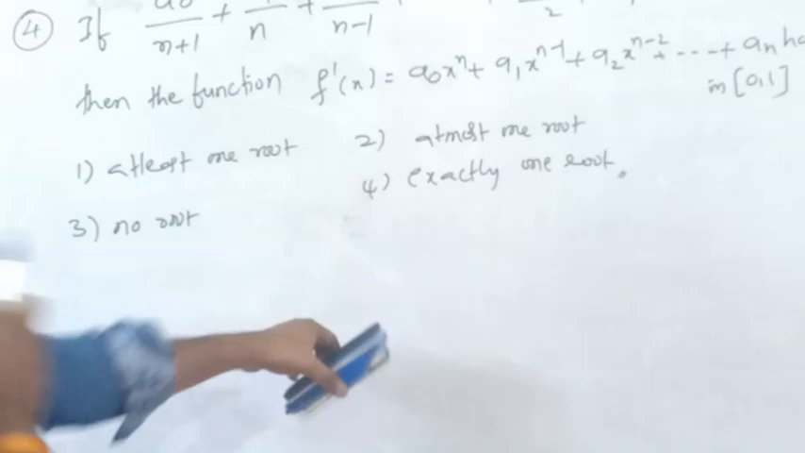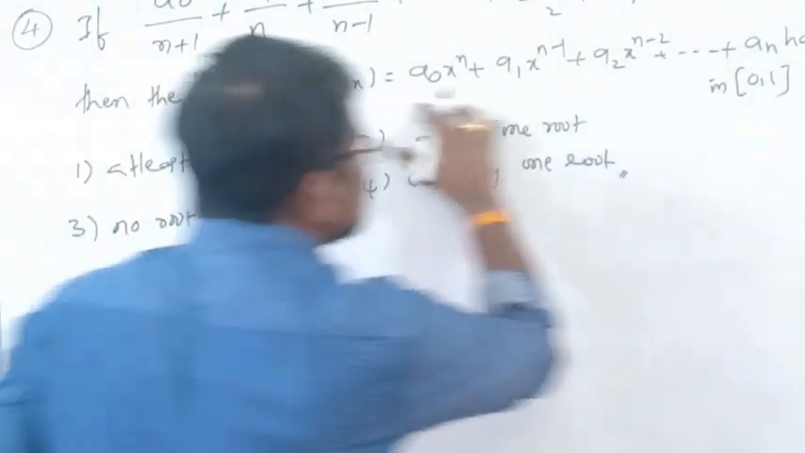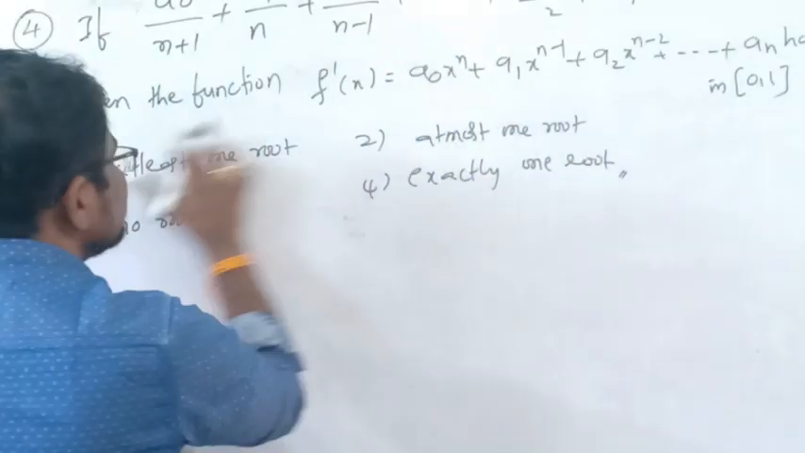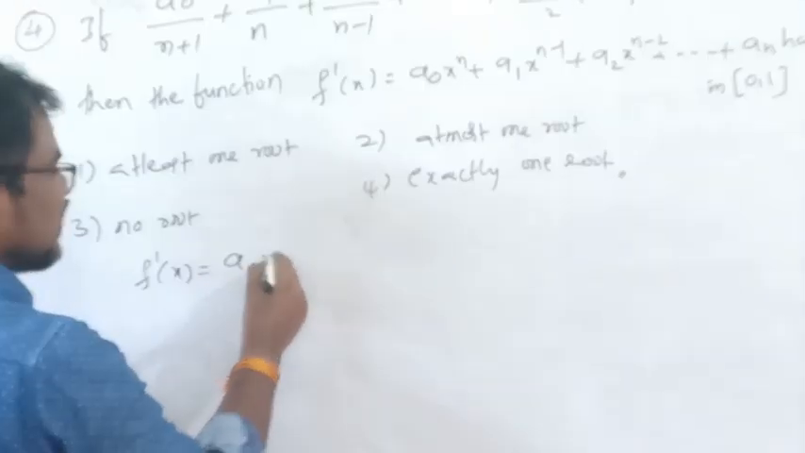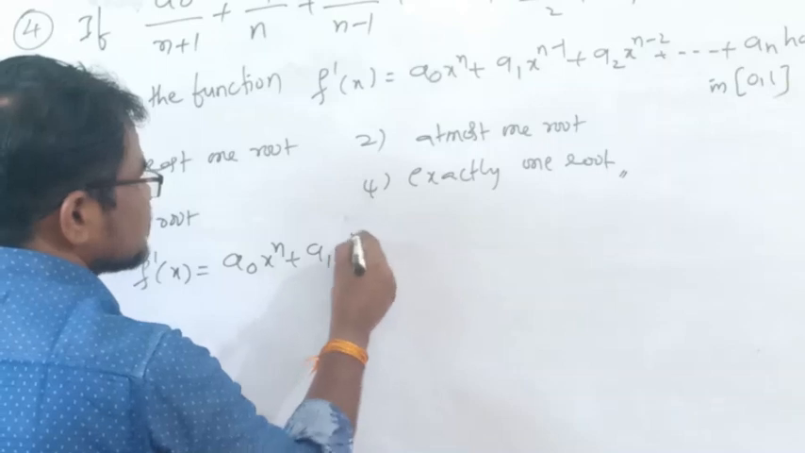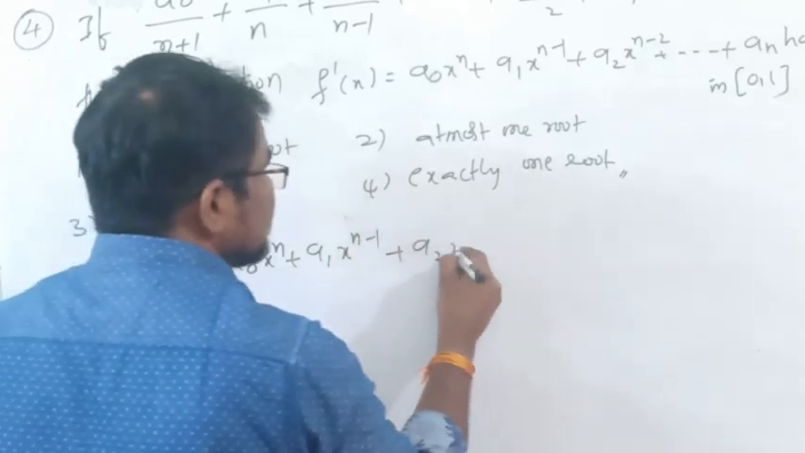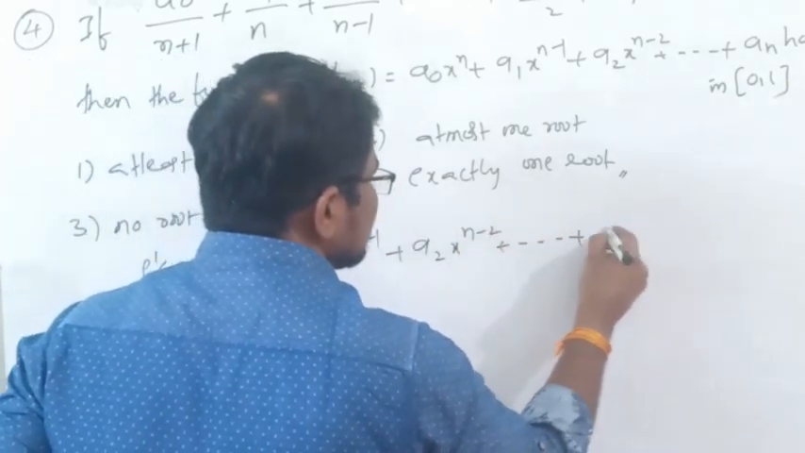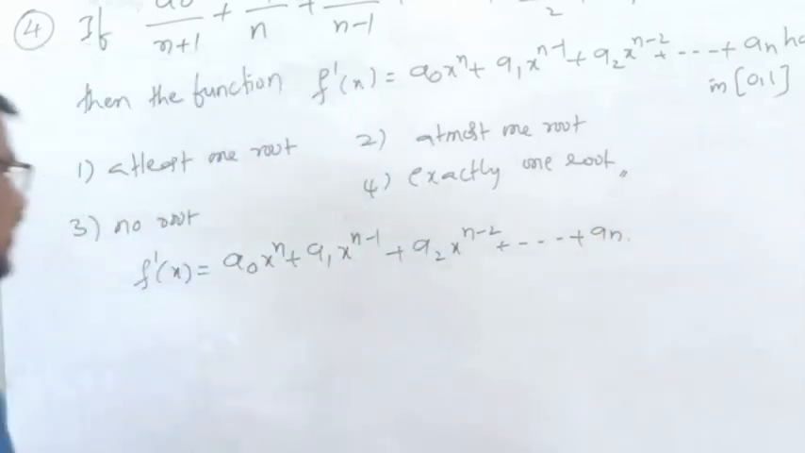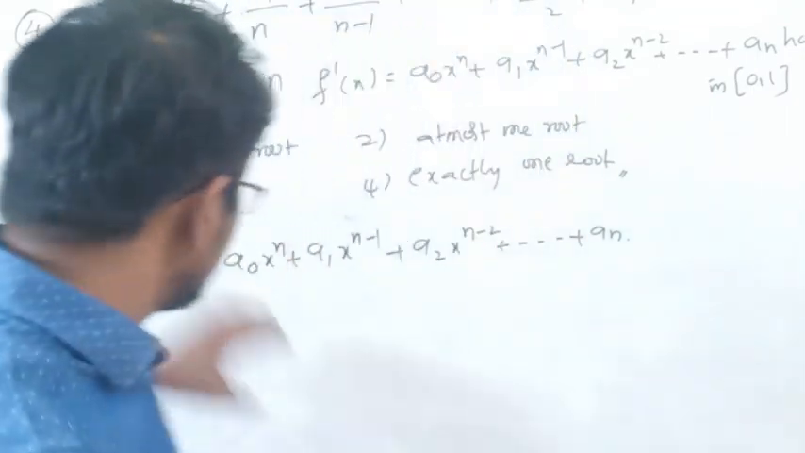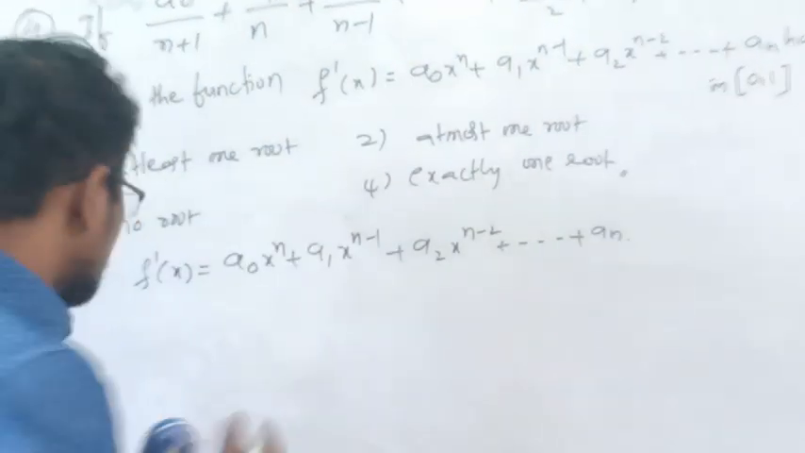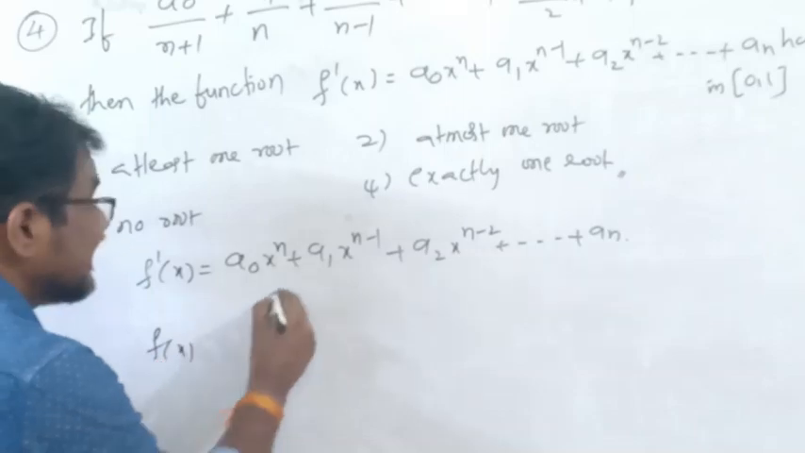Now see, take the given function. So this equation has how many roots in this interval, they are asking. For that I will take the given f dash x equal to a0 x to the power of n plus a1 x to the power of n minus 1 plus a2 x to the power of n minus 2 plus etc. plus an. Now by this we have to identify the function. How to get the function? Differentiation, the first derivative, is given. How to find f of x? By integrating